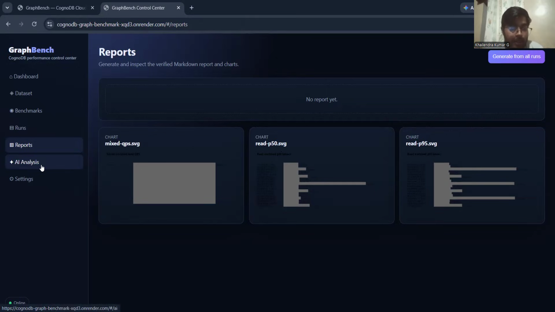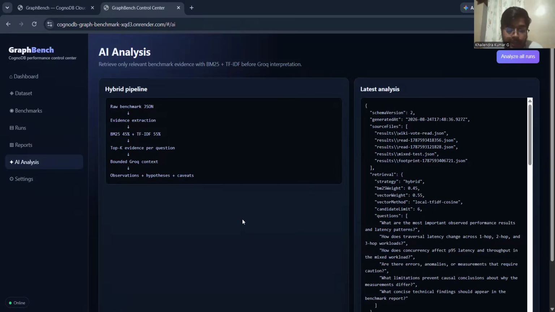Now, I will demonstrate the AI assistant analysis. One problem I encountered during development was that sending the complete benchmark JSON file directly to the language model could exceed the model context or token limit. To solve this, I implemented a retrieval layer before calling the model. BM25 provides a lexical